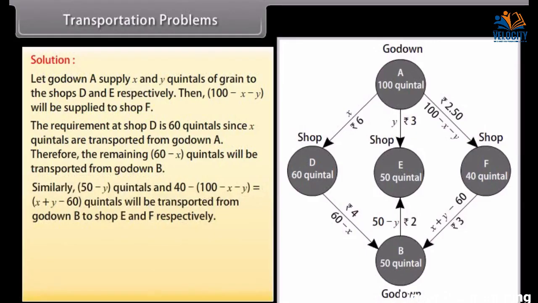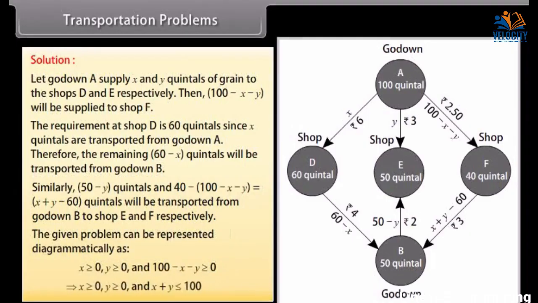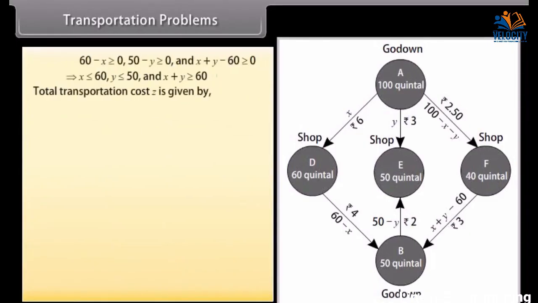Similarly, 50 minus y quintals and 40 minus (100 minus x minus y) equals x plus y minus 60 quintals will be transported from godown B to shops E and F respectively. The given problem can be represented diagrammatically. Total transportation cost Z is given by